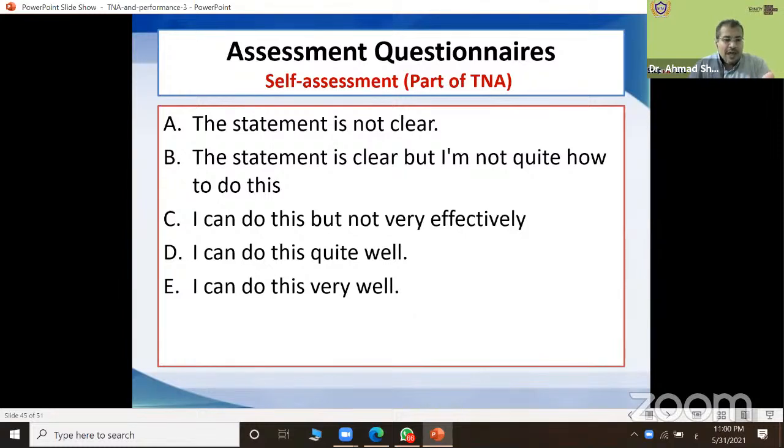So when you have A or B, you then have a problem. You need to upskill yourself to develop yourself. Now, number C, maybe you need to read more about this topic because you can't implement it well.